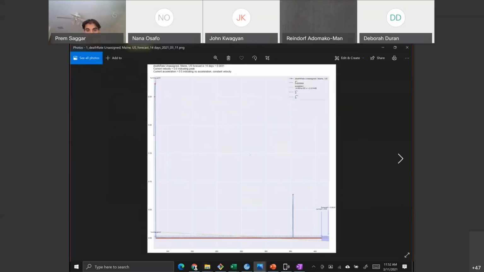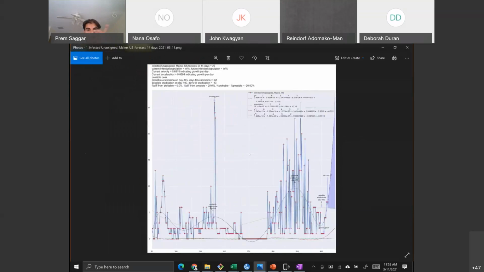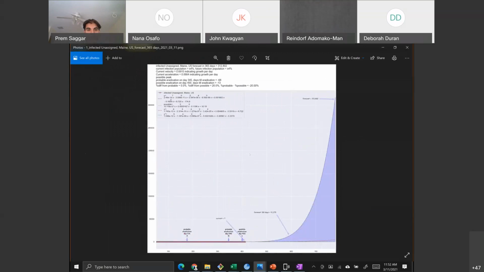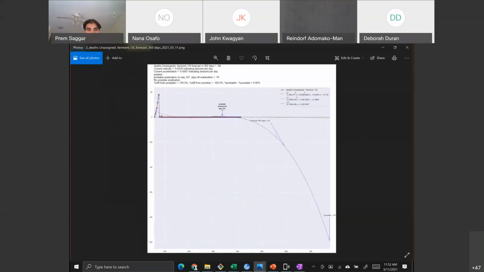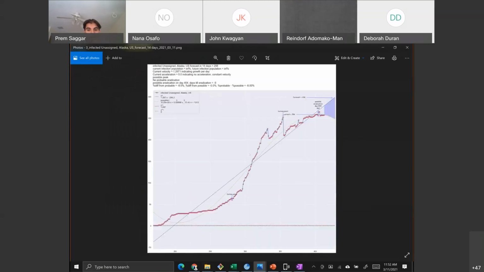This is the death rate for unassigned. This is unassigned, so this is a little spurious. Let me see if I can get you a city so it makes a little more sense. Unassigned Alaska. So unassigned is interesting. A lot of our data comes from Hopkins, and I encourage you all to look at that. It's from JHU. You can go to their COVID tracker, and they give you a link straight to it.